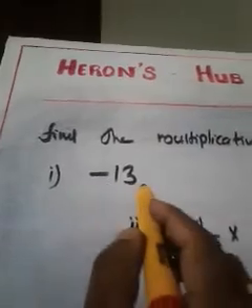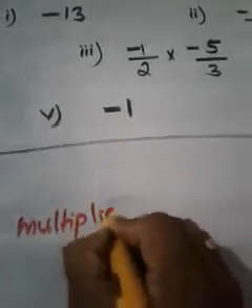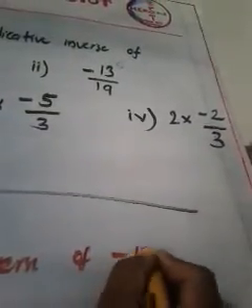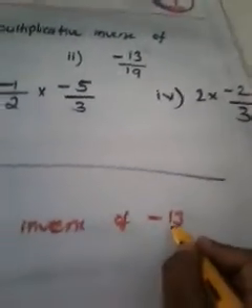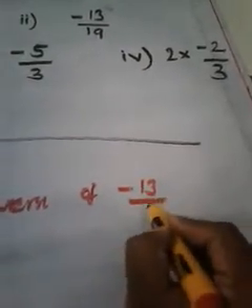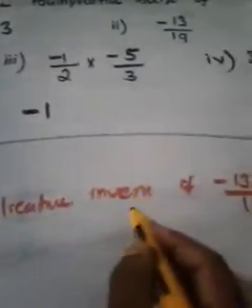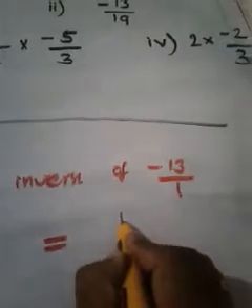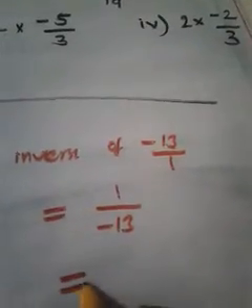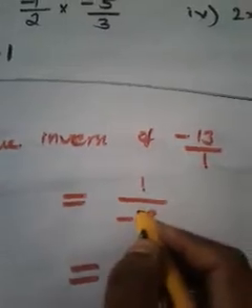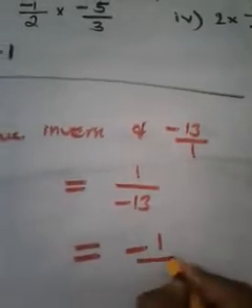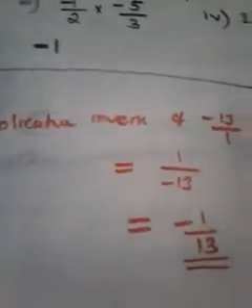First question: what is the multiplicative inverse of minus 13? That means our question is, which is the multiplicative inverse of minus 13? I told you, if there is no denominator, you can represent the denominator as 1, isn't it? Now the multiplicative inverse of minus 13 becomes the multiplicative inverse of minus 13 by 1. What is the answer? Reciprocal, 1 by minus 13. I told you, if the denominator contains a negative sign, you can take that negative sign and give it to the numerator. So the answer will be minus 1 by 13. So this is the multiplicative inverse of minus 13.